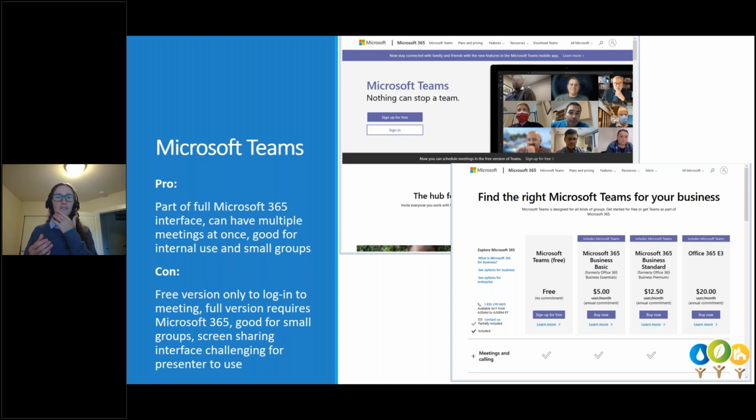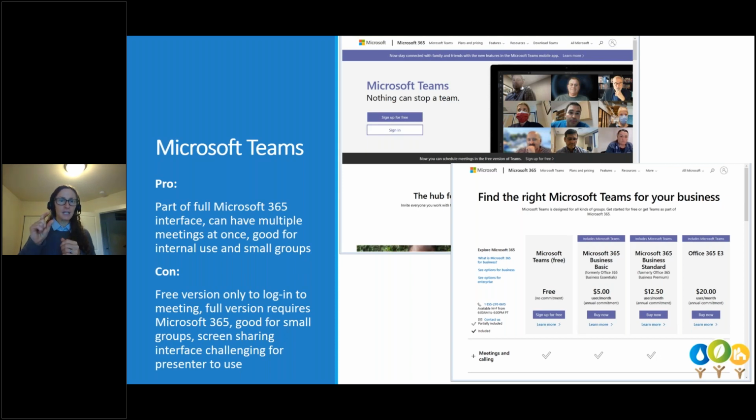If you don't have Office 365 Teams, sure, it's free, but it's only free to join a meeting. You can't host a meeting or start a meeting. It's easy to create a link in a meeting, easy peasy to join a meeting, great. It's got some cool features. It kind of sucks for a large meeting, and it's not great when you're screen sharing and trying to see people's videos and communicate. It's more difficult when you are the presenter. You really lose a lot, and it's hard to negotiate through. So it's still working its way up, but you get backgrounds and a few other fun features that you can utilize. It takes a lot of bandwidth, though.